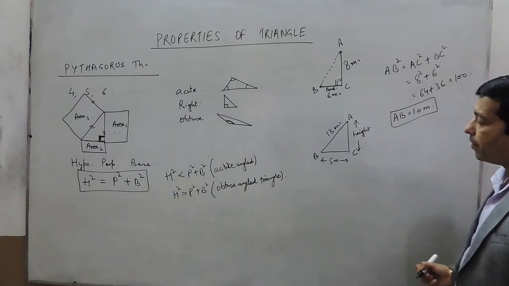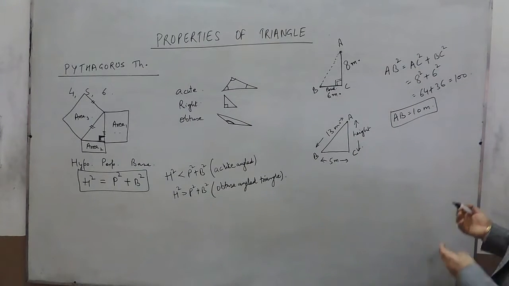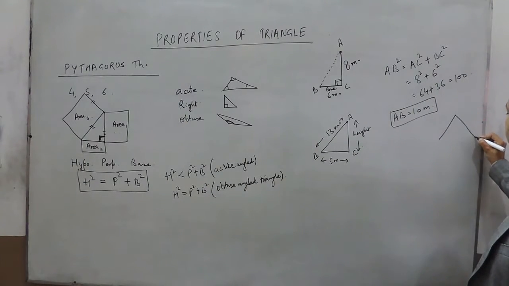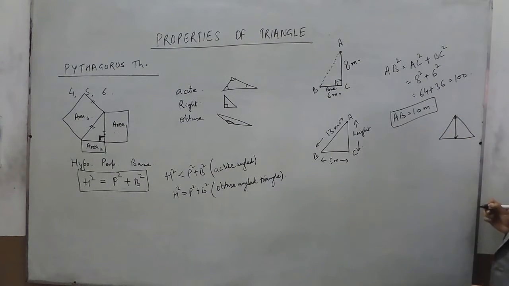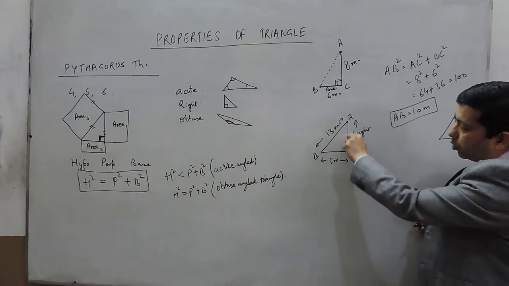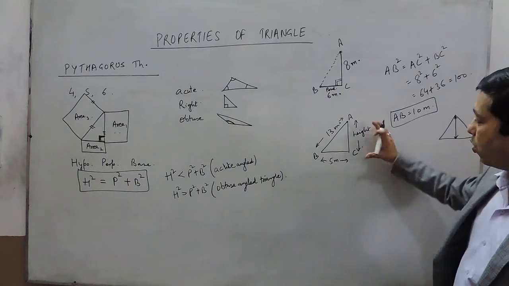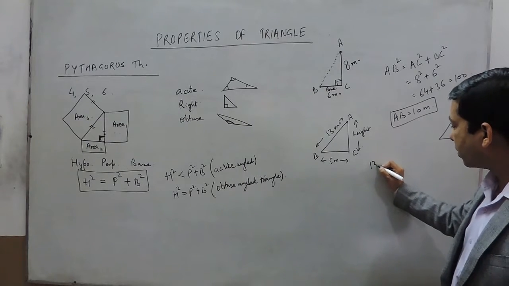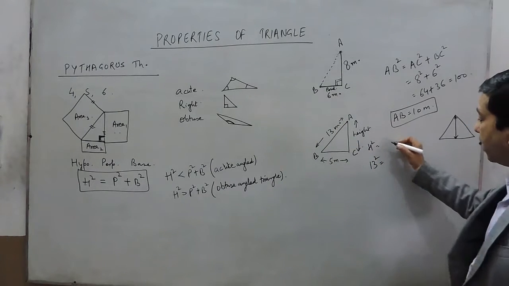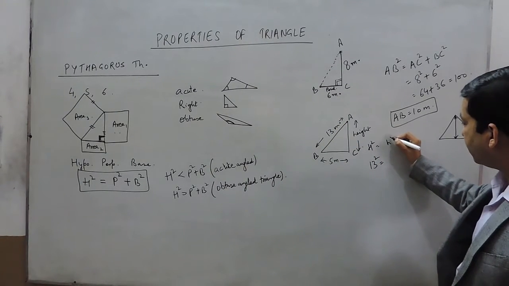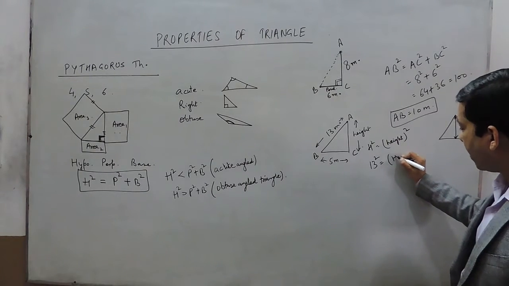This kind of thing we can use in places where we have to find the depth or height of any mountain. Definitely we will not drill up to AC, but we know that this length is 13 meters and this length is 5 meters. So we have to find the height. We can directly approach that the square of the hypotenuse, that is 13 square, equals the square of the height, that is the perpendicular square, which we have to find out,